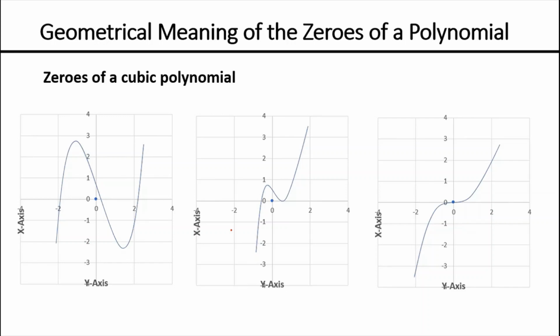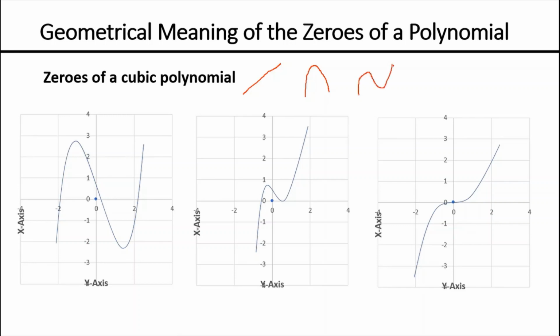So if we take a linear polynomial whose graph is a simple line, the degree is 1 and hence there are no turns. If we take the example of a quadratic polynomial, the degree of quadratic polynomial is 2, and as per our thumb rule there is only one bend. If we take the example of a cubic polynomial, since the degree of cubic polynomial is 3, there can be at the max two bends.